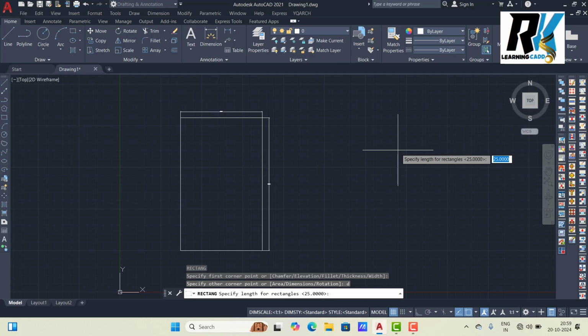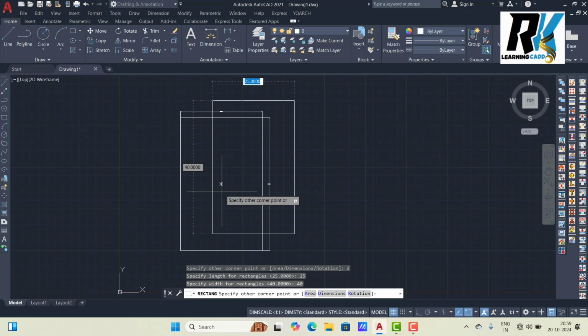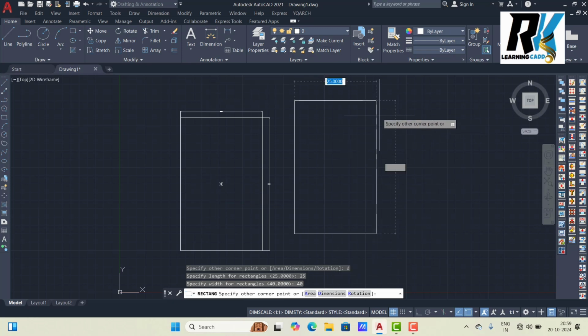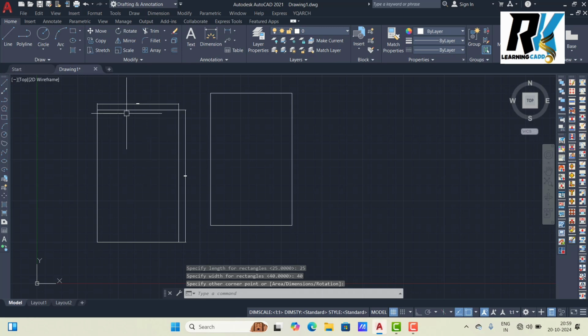Length I give here 25 and width I give 40. See, but this rectangle is not fixed. Which location you want to fix, just click one time. So this is the area method I created, this is the dimension method I created.